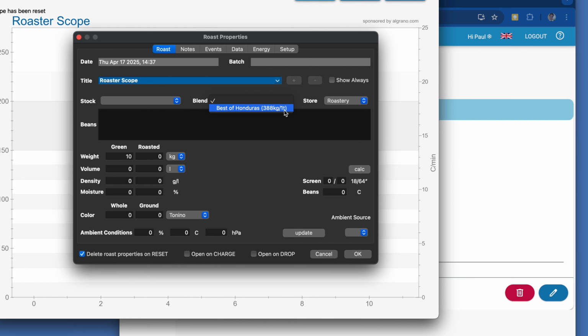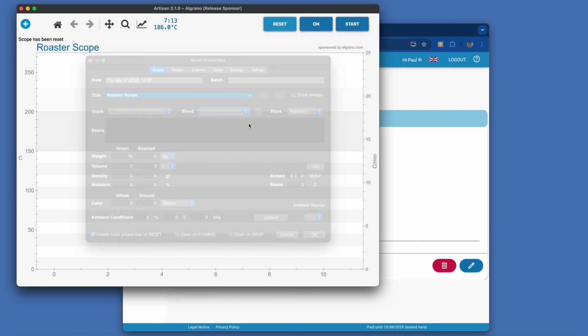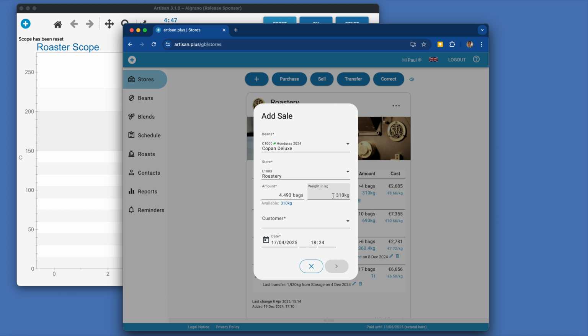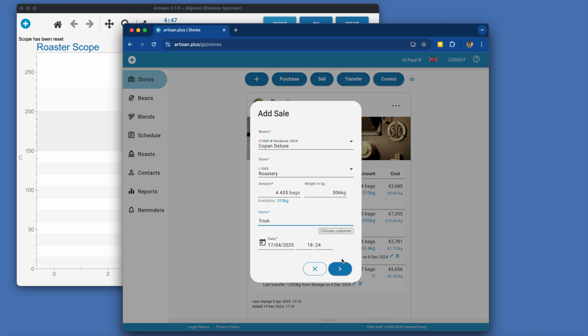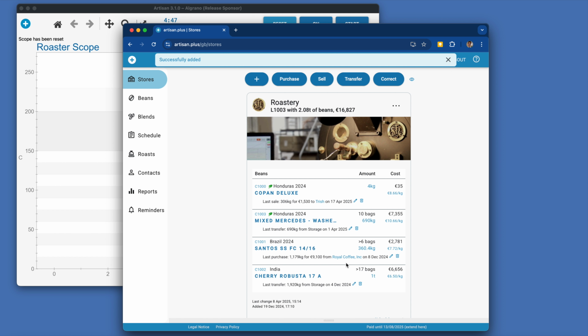To emulate the condition that the coffee runs out, we sell all of our coffee, maybe not all of it, let's keep a few kilograms. To a new customer, we can add that on the fly. Okay, we now have only 4 kg left. artisanplus indicates that we can get 5 kg of our blend. Now, if we want to roast 10 kg,